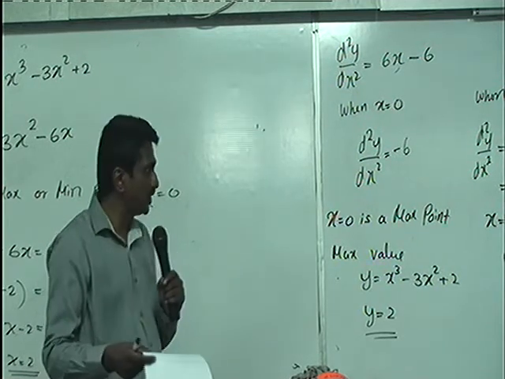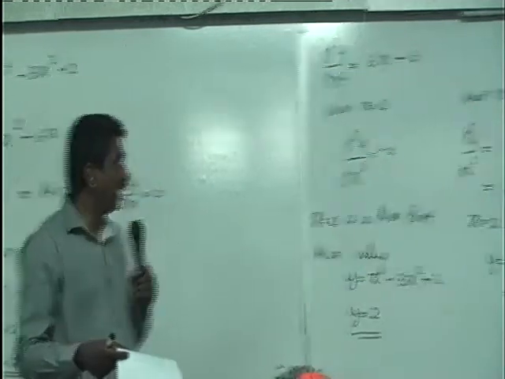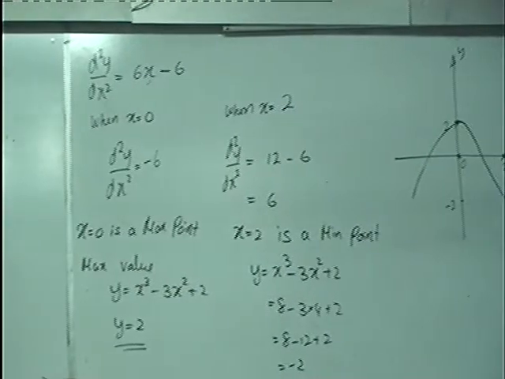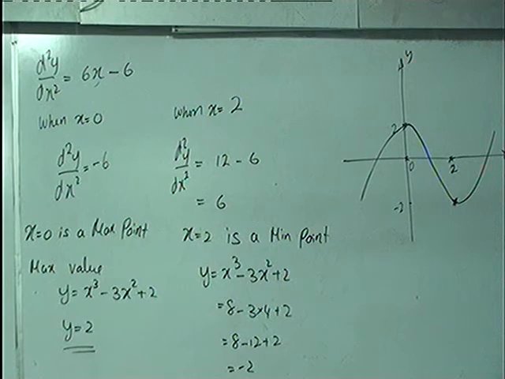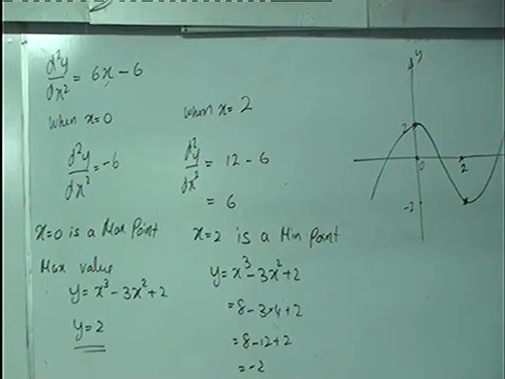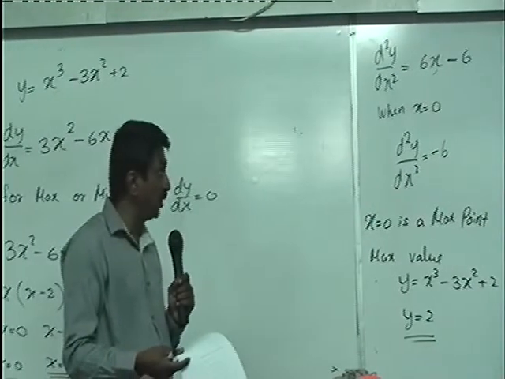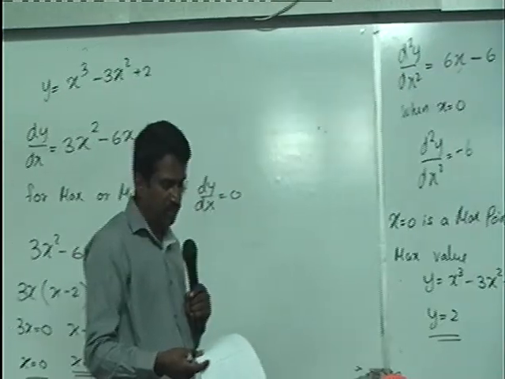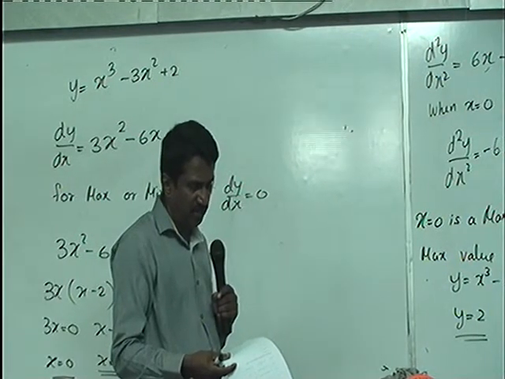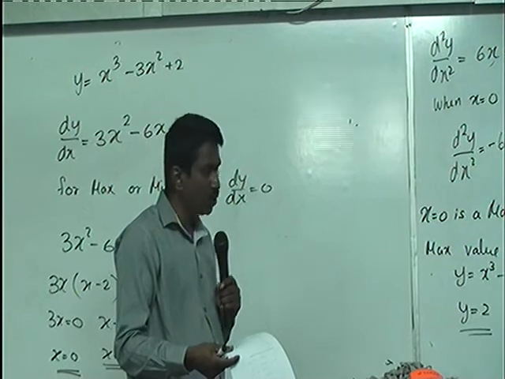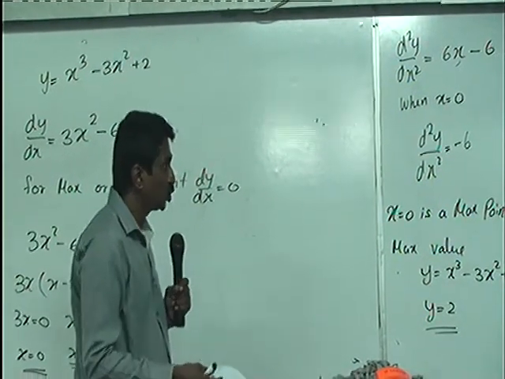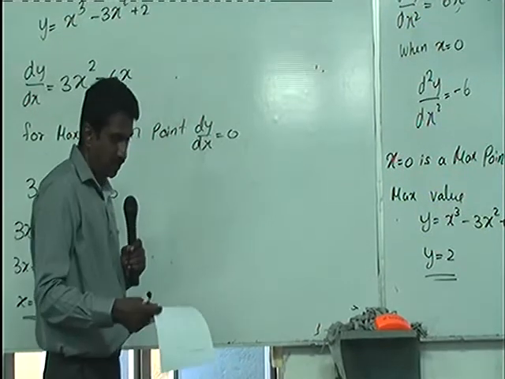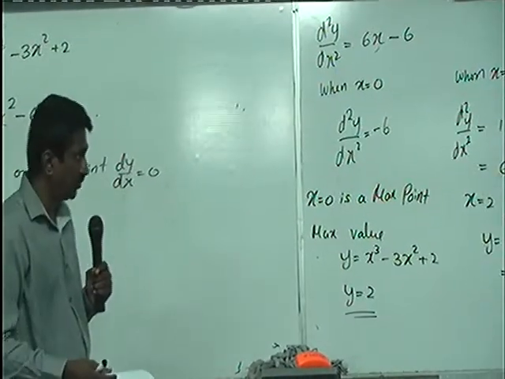All are similar to this. So what we have to do is differentiate and equate to 0. You get 2 points, maximum and minimum. Sometimes if it is x to the power 3, you get exactly the 2 points, maximum and minimum. So question number 3, 4, and 5 have both maximum and minimum points. 1 and 2 have only 1 point. So please complete the rest of the 3 questions as homework.